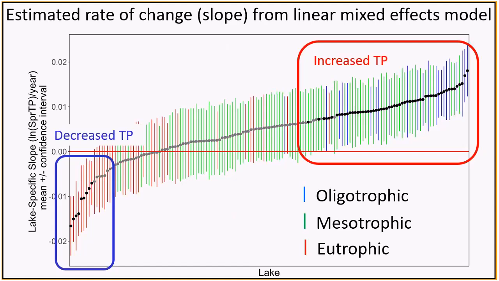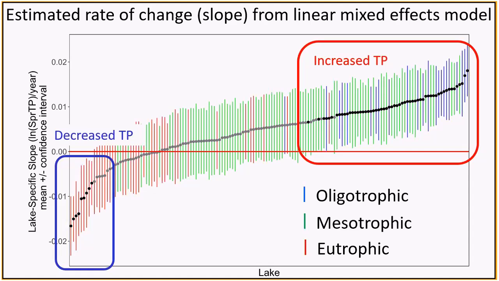So each vertical line in this graph represents a lake. The black dots represent the mean of the estimated slope for total phosphorus, so the rate at which phosphorus is increasing in that lake. And the vertical lines represent a 95% confidence interval around that slope. The length of the line is an indication of the degree of confidence. So when the entire vertical line is above the horizontal red line, as in the ones that are circled in red there that say increased TP,